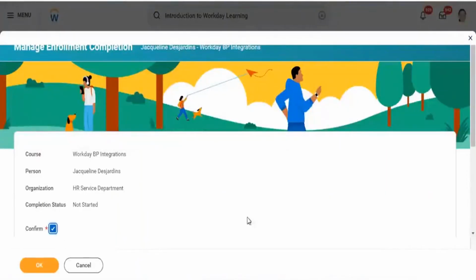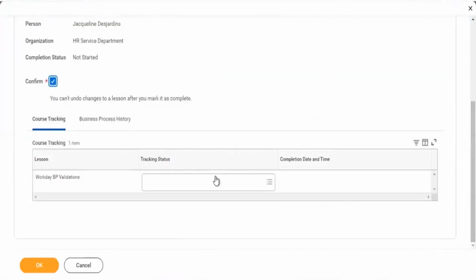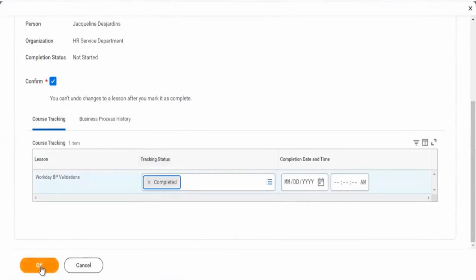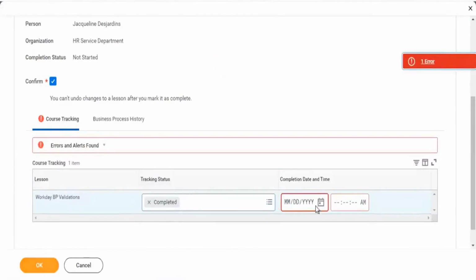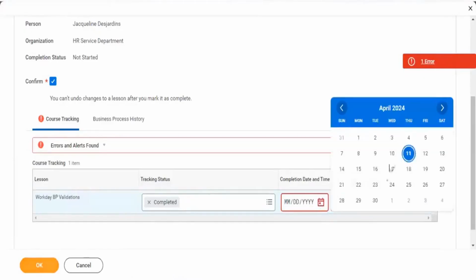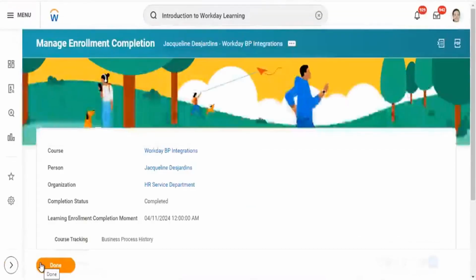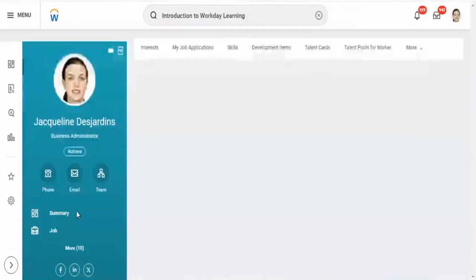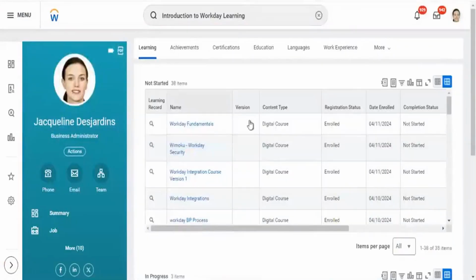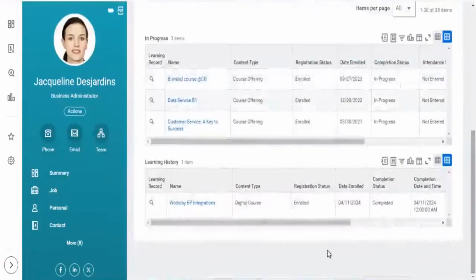Let's start it. I should be seeing something in the completions.